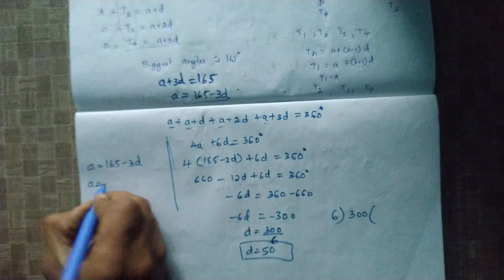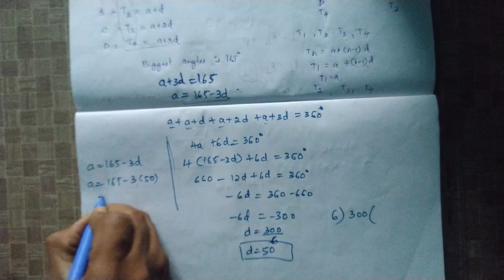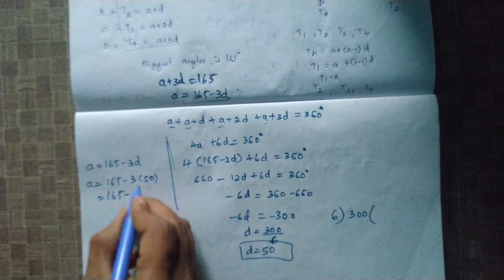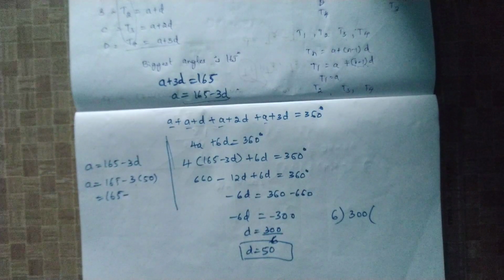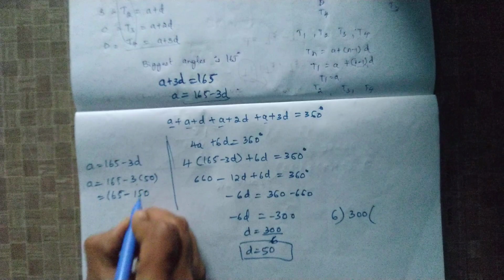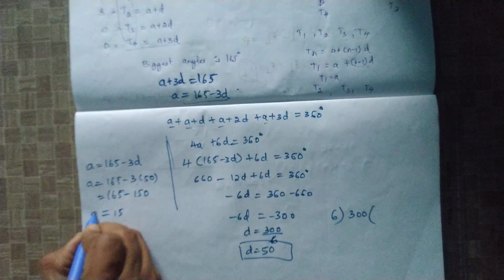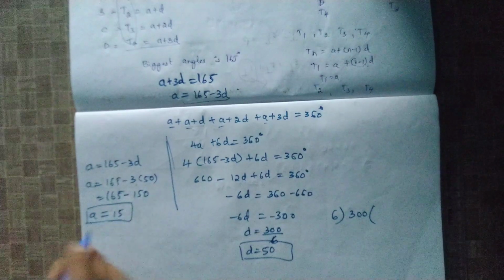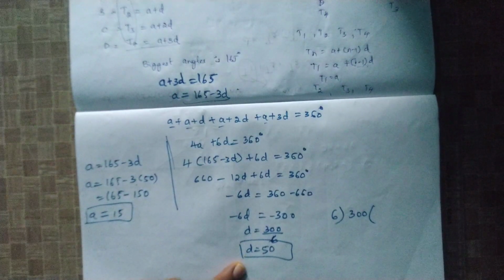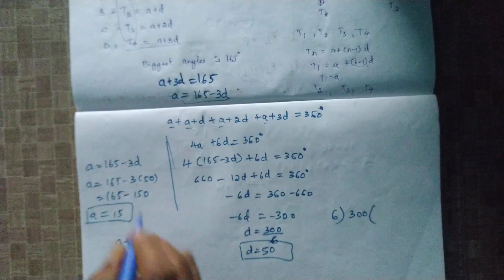A is equal to 165 minus 3 into 50. A is equal to 165 minus 150. Then we get 15. A is equal to 15 and D is equal to 50. Then A plus D, the second